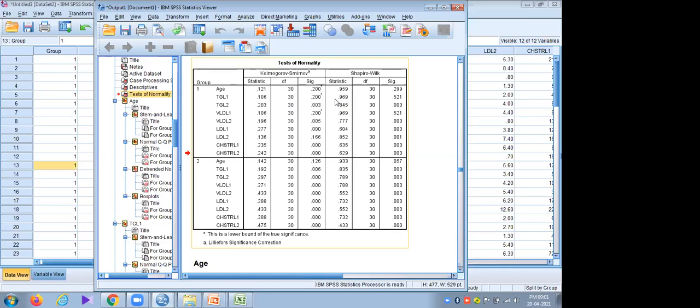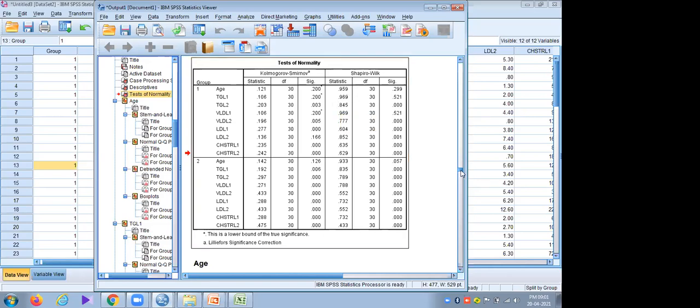So here the sample size is 30 for each group. So which test will we use? Either Kolmogorov or Shapiro-Wilk. As the sample size is up to 30, we need to use the Shapiro-Wilk test. And if the sample size is more than 30, we should use Kolmogorov. So here we can use the Shapiro-Wilk test.